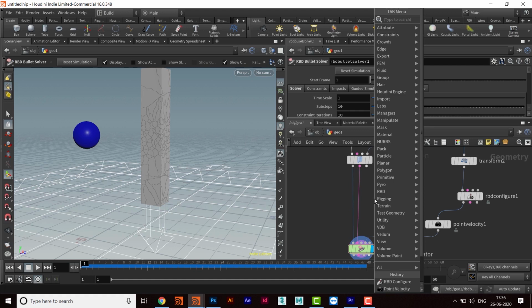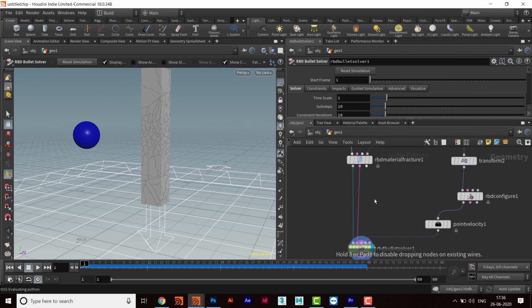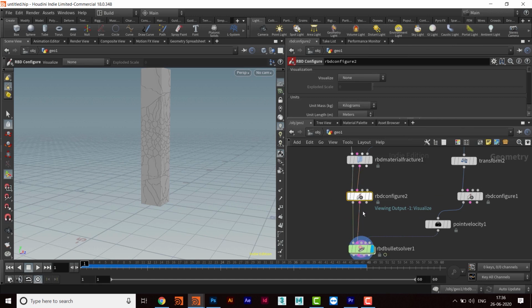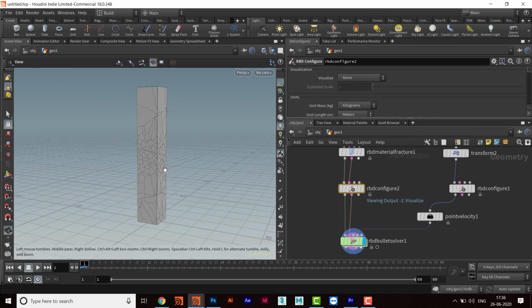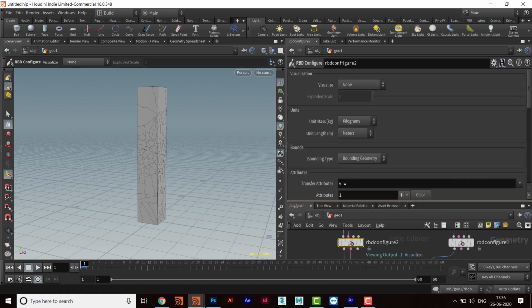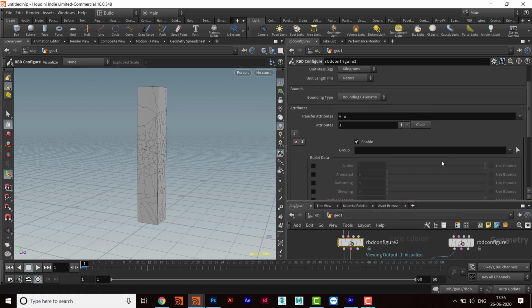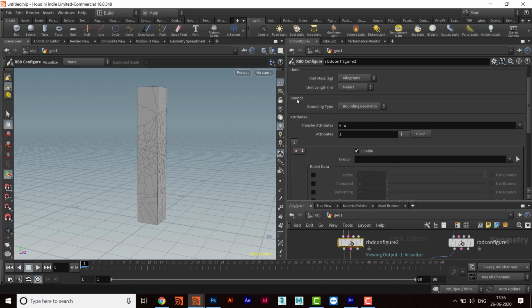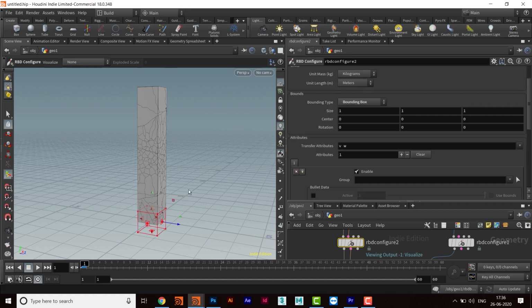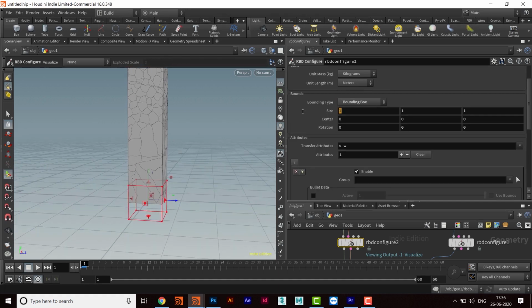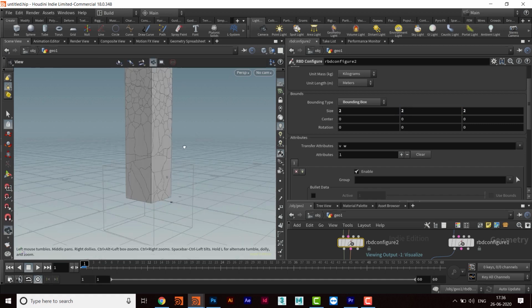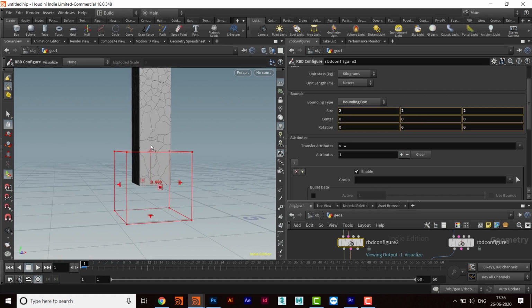So I will take one more RBD Configure node and add it here, and for that I am going to use bounding box. I will come to this bounds option and activate bounding box. I will make the size 2, and then Z is also 2, and make this also 2, like that. And then I'll take it a little up.